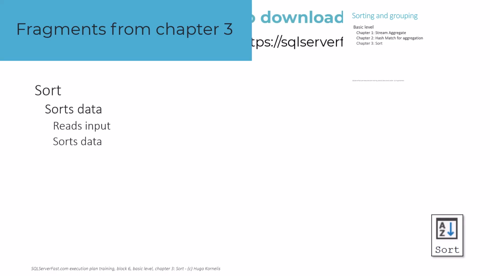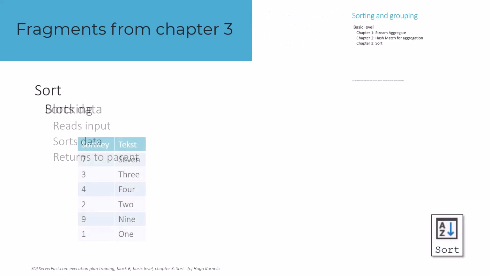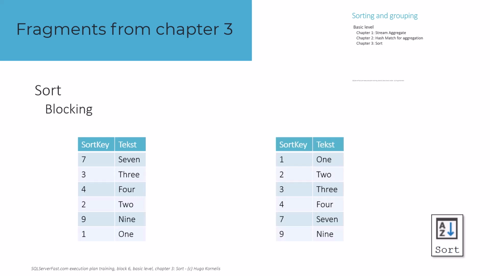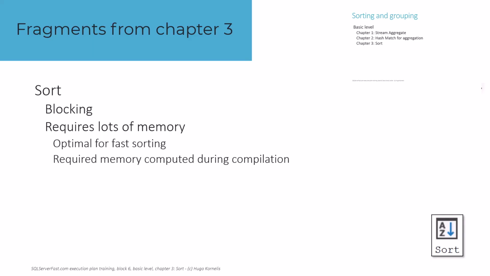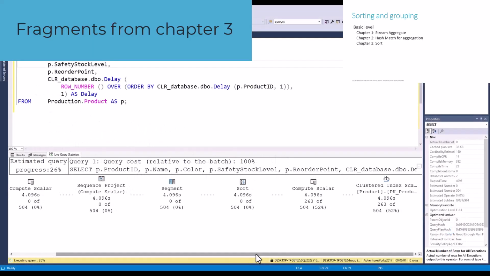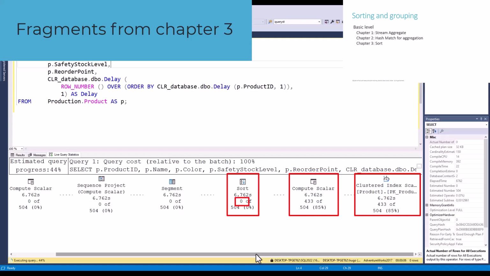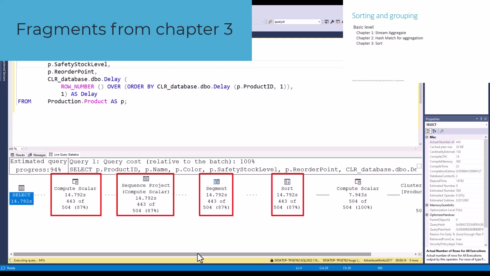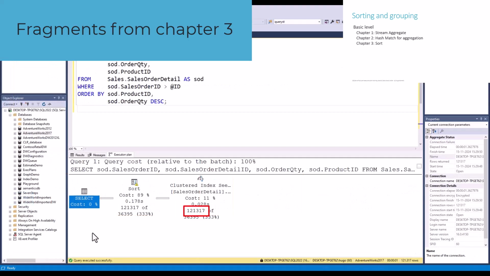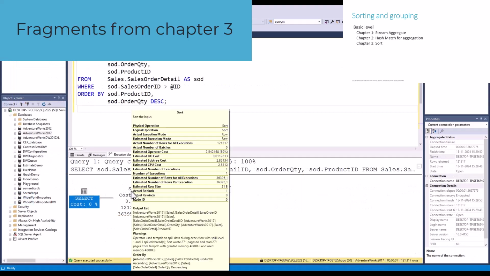The sort operator is covered in Chapter 3. It does what the name suggests. This means that it has to process all input data fully before it can return any data. The consequence of this is that we need to store this data somewhere. Ideally, in memory, which means that the sort can result in a large memory grant for your execution plan. And if at runtime the granted memory turns out to be insufficient, the algorithm will spill to TempDB, which slows down the operation by a lot.